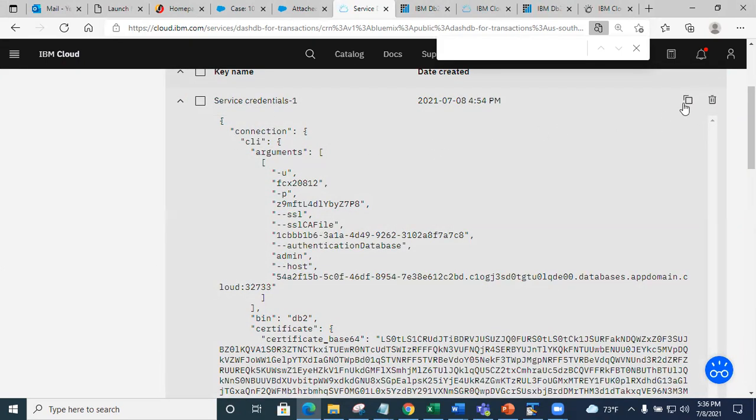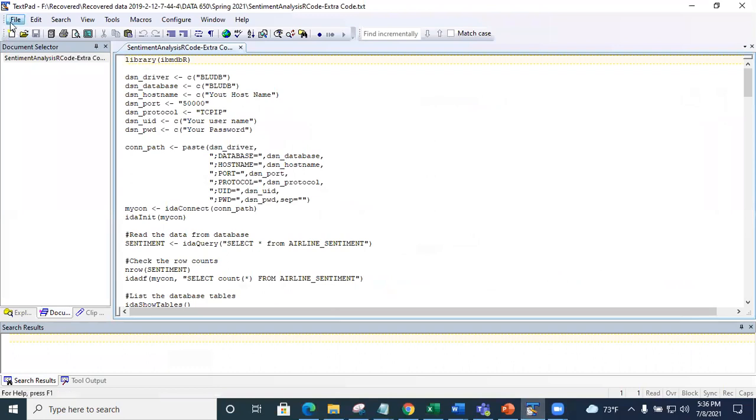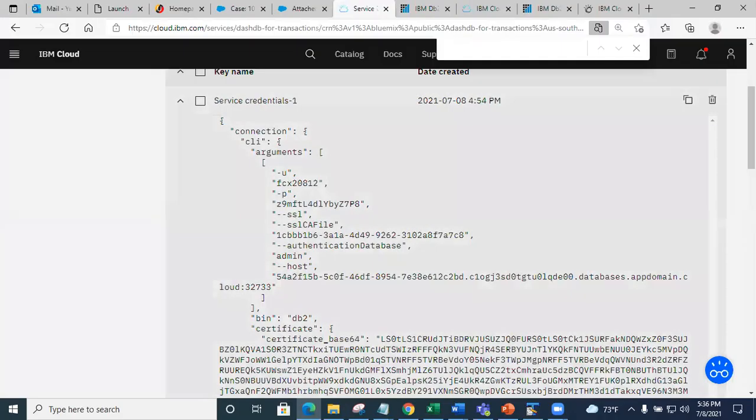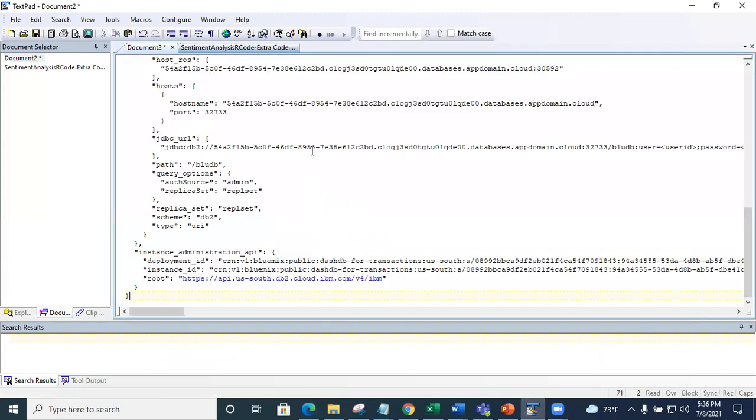Maybe it's a CLI. Copy. Let's take that and let's do this. New. See, so this is not easy, guys. I'm telling you. So okay, so this is copy. So one of us has to figure out how to. I thought it would be just that.